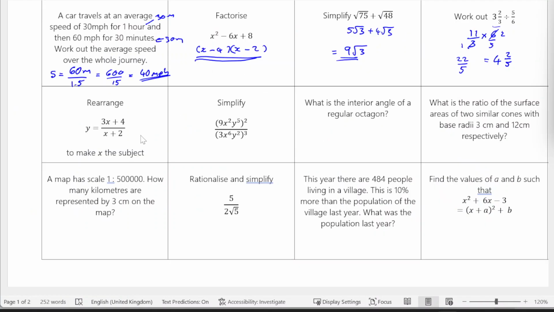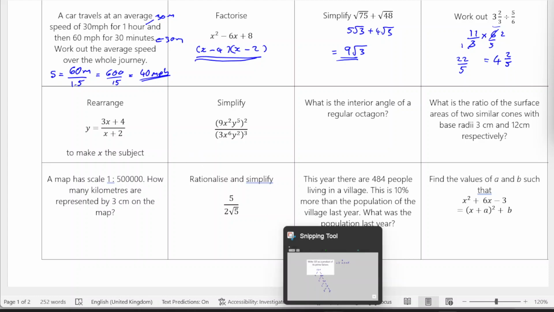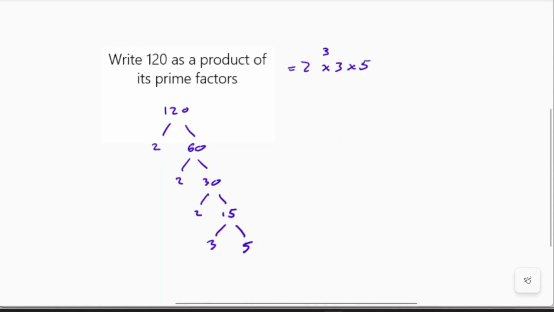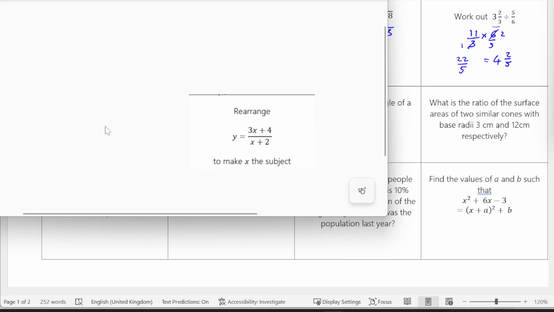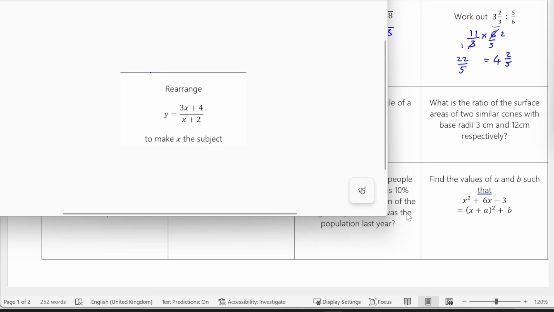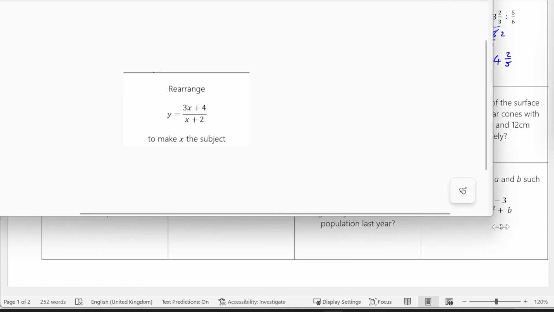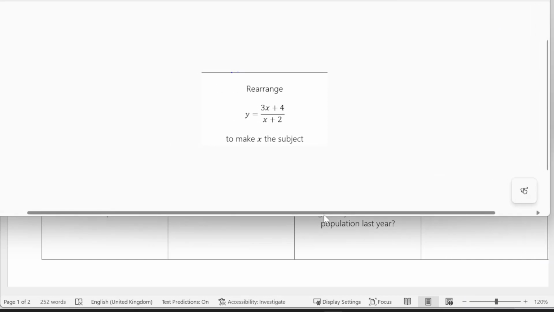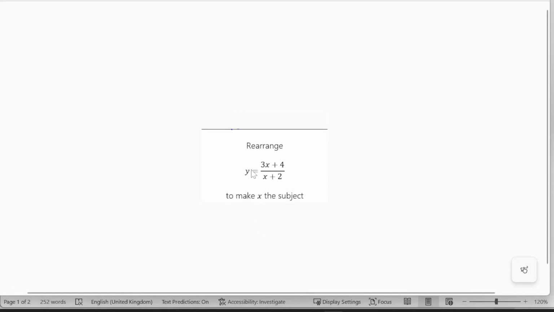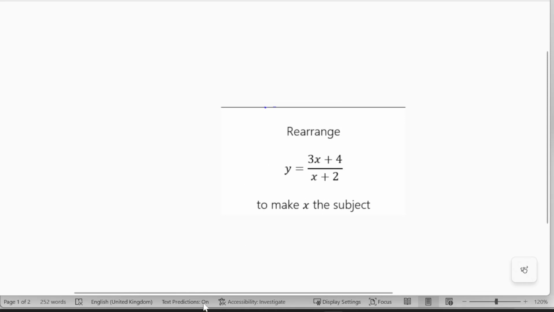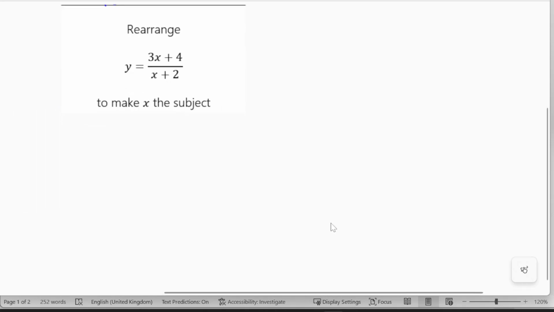Okay, third row, rearrange to make x the subject. I haven't got enough room to do that there, so I'm just going to take it onto another sheet, or try to. Okay, that's great. Right, so I want to make x the subject. The way I'm going to do that is I'm going to start by moving my denominator over to the other side. So I'm going to times both sides by x plus 2. And I'm also going to multiply out the bracket at the same time. So that's going to give me